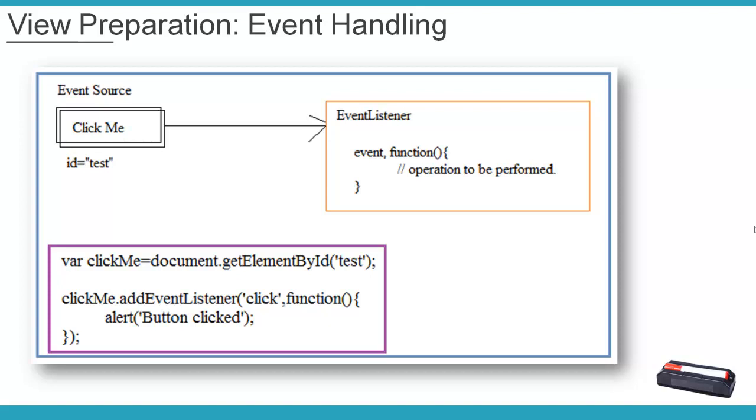As you can see over here, we have the event source, that is the click me button. Any button that you click is basically called the event source. Once you click on this particular thing, there is one event listener that will be triggered. Now you might be thinking what exactly this event listener is. This event listener is basically a function which will be having two arguments. One is the event. Event is, for example, when you click on the button, this particular thing is called the event. So on the event you will be having click, and you will be having the function, like when you click on this button, what kind of function or operation you want to perform.